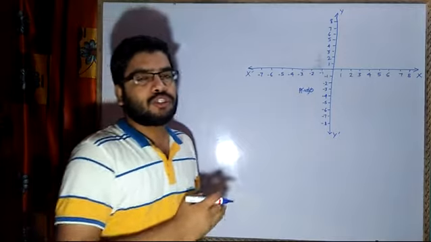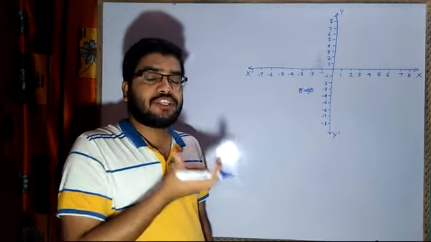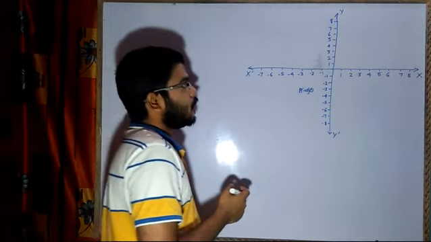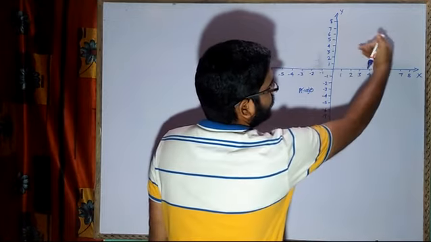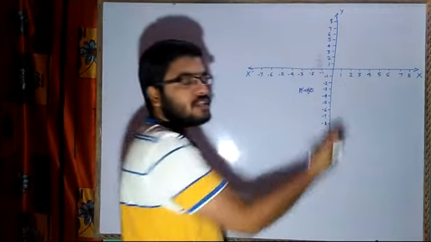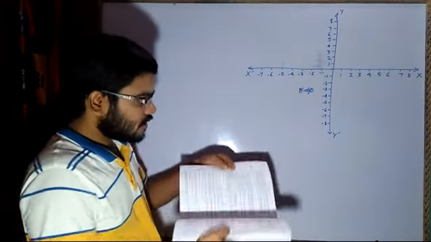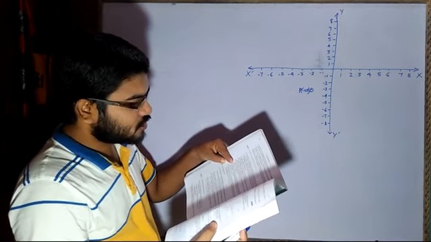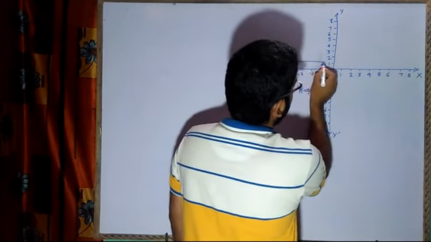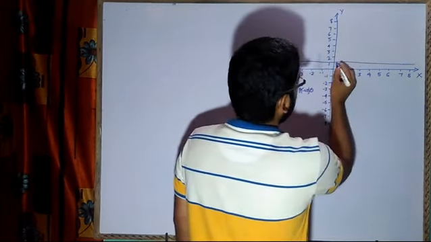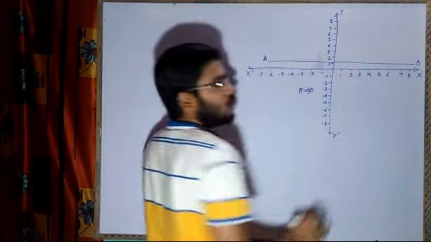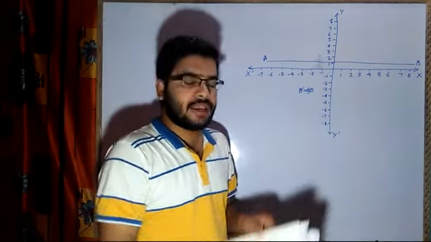Now, further reading this question, they say that the line AB is on the positive side of the x-axis. What is the positive side? The upper part is said to be the positive side, the lower part the negative, at a distance of 1 unit positive on the y-axis. So the line will be passing something like this. So this is my 1. This line is my AB, parallel to the x-axis at a distance of 1 unit on the y-axis.